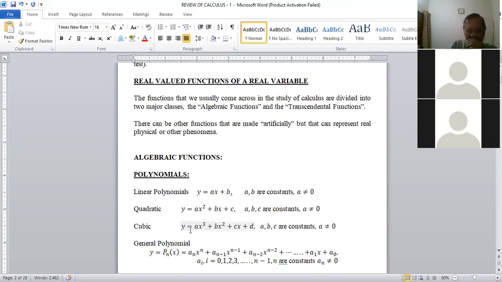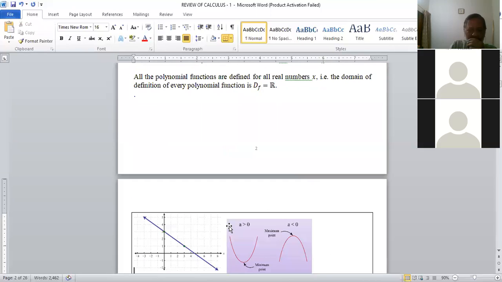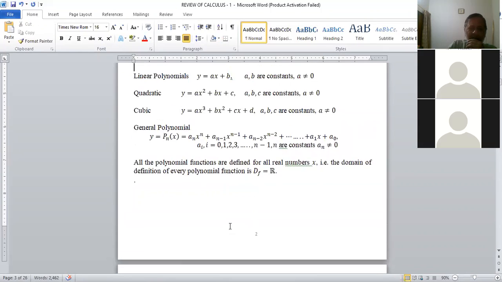polynomials, basically general polynomial, nth degree polynomial in any variable is written as this, and you should be familiar with this polynomial idea. So algebraic function वो होते हैं जो polynomial से बनते हैं. A linear polynomial or a quadratic polynomial or a cubic polynomial and so on and so forth, a general polynomial of degree n. So when we talk about algebraic functions, they are based on